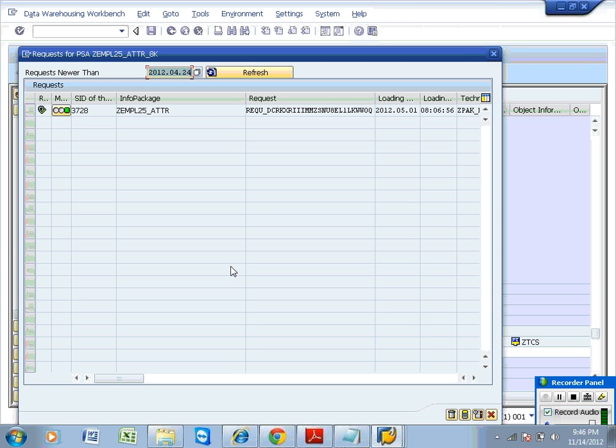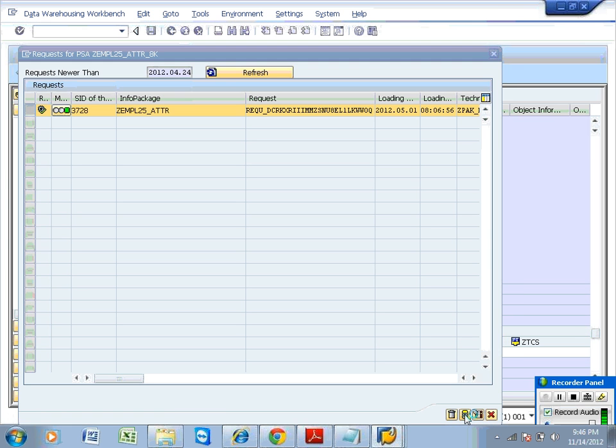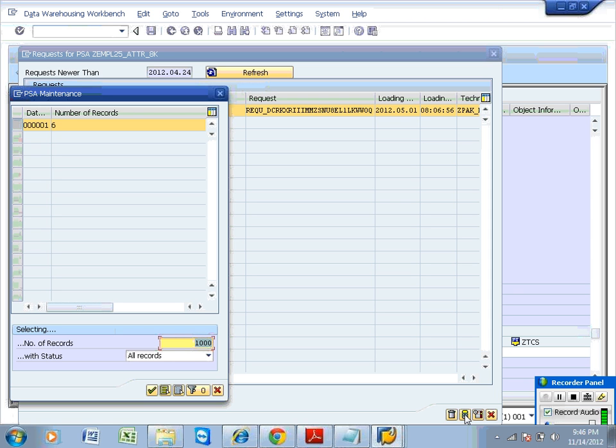Now, if you want to see the information within PSA, then select this request, then click on this representation of PSA. Go to PSA maintenance. This is the way we do it in 7.x, okay, not in 3.x.